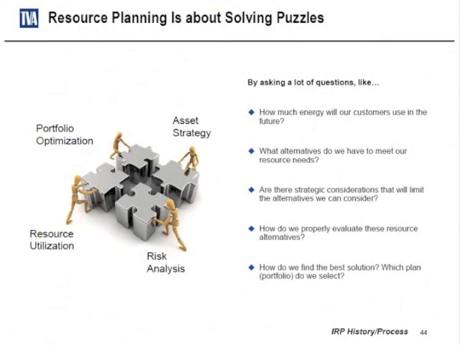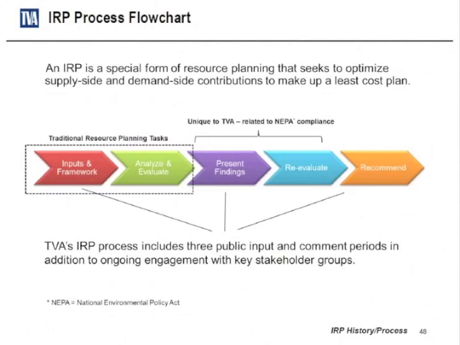but to make sure that in any reasonably foreseeable future scenario, TVA can still turn the lights on without raising rates through the roof. So try to think of it that way. We're not necessarily optimizing things, but just trying to make sure that things stay workable in any possible future scenario. Maybe not any possible, but any reasonably probable future scenario. So this is basically a pretty simple flow chart of how this process works.